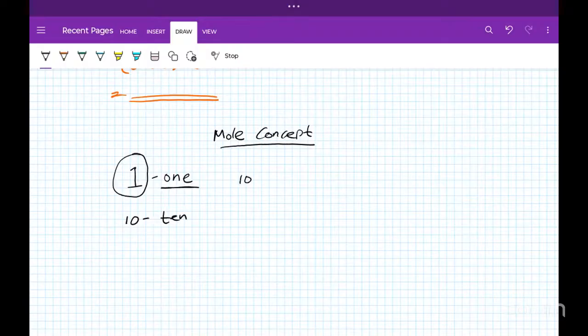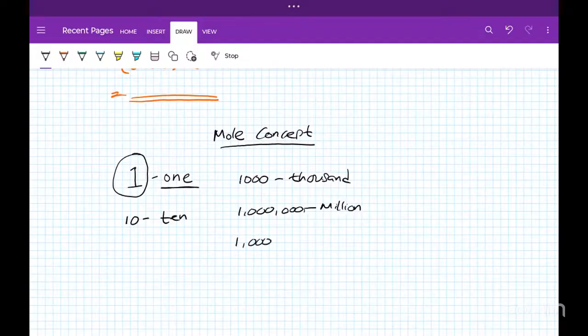And this is called 1000. So this is called million, right? So 12 zeros is called trillion,